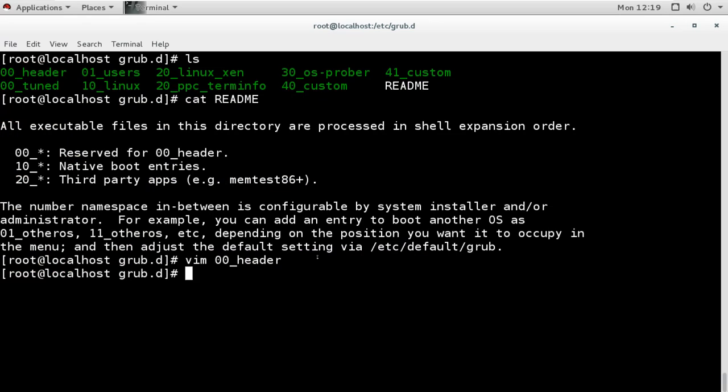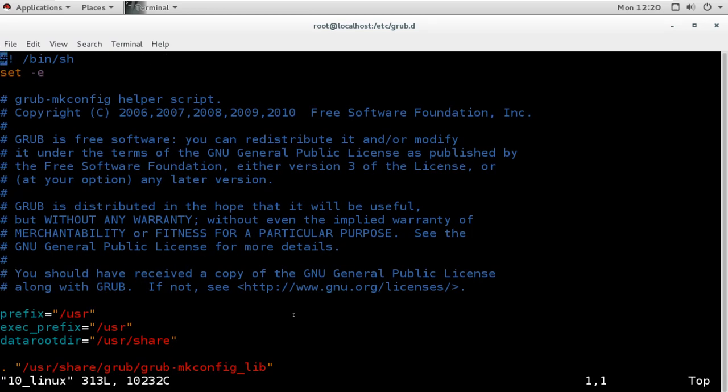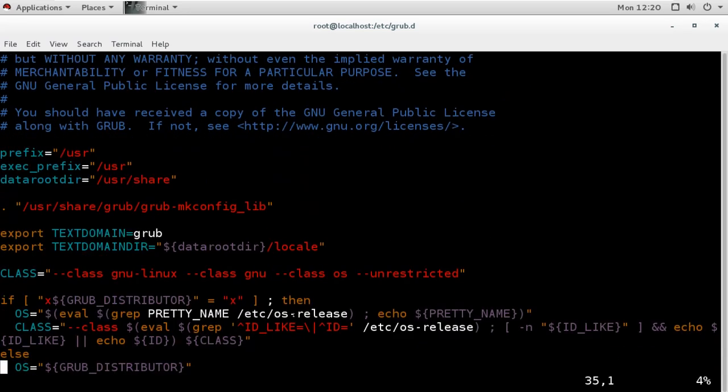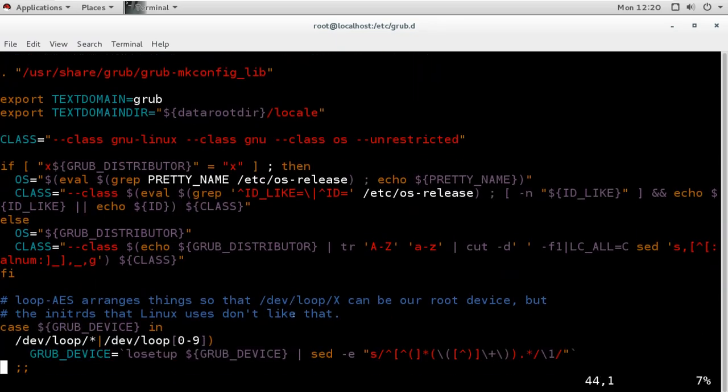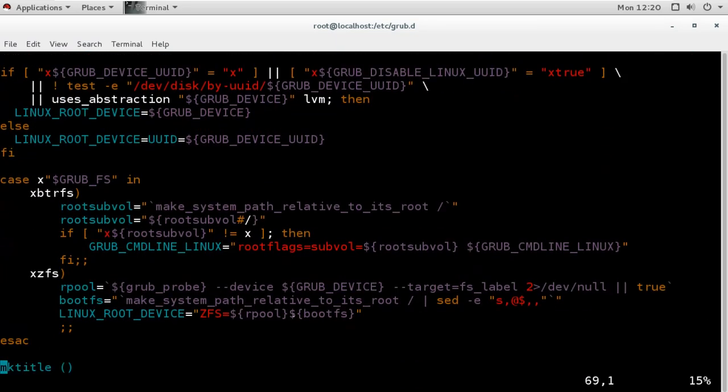For example, this has information about Linux, like whatever boot we have. If we check 10_linux, here we have a menu entry, and we can modify those menu entries also.